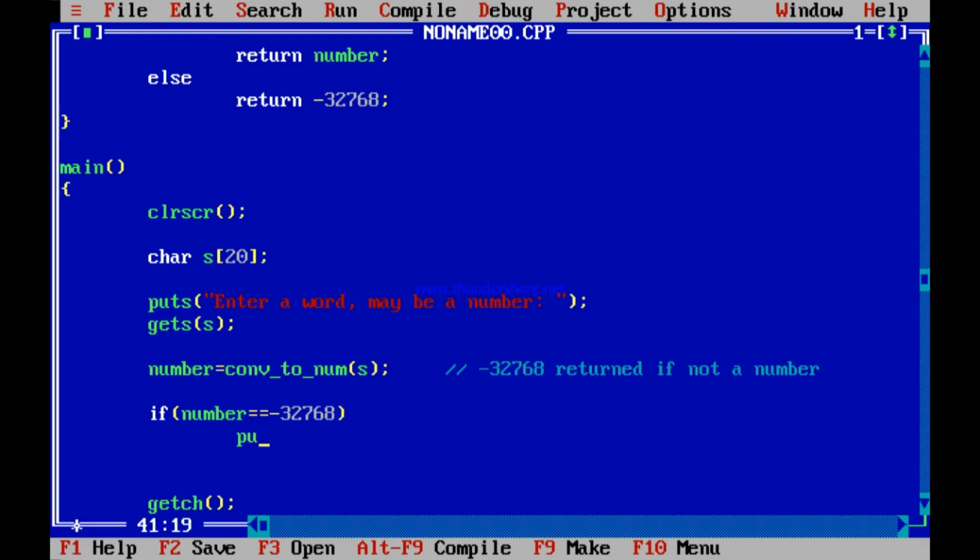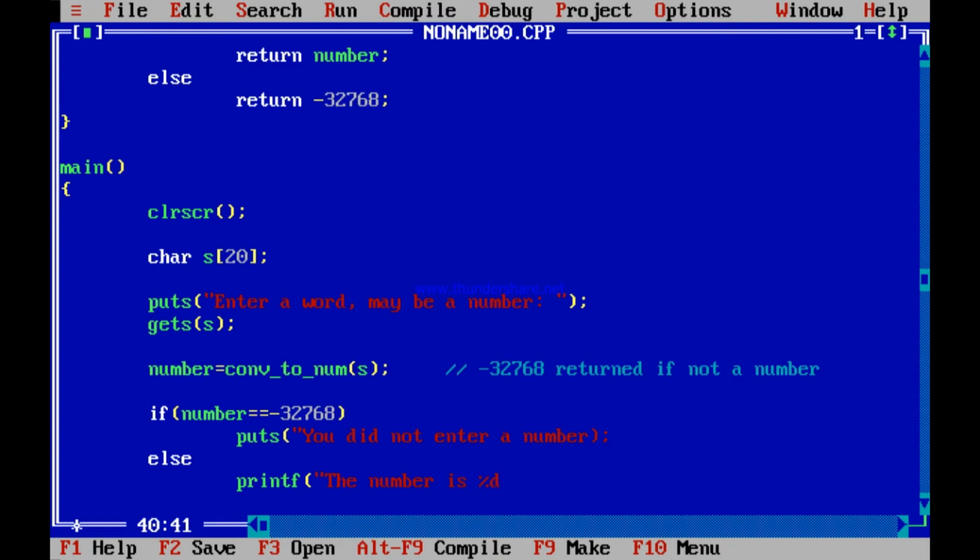You need to print, you did not enter a number, else it is definitely not minus 32768, means it's a number. So here you printf the number is, now you are printing it as an integer.